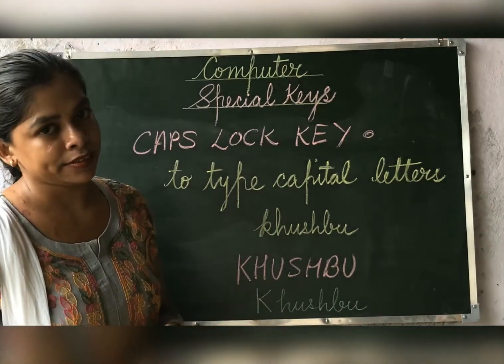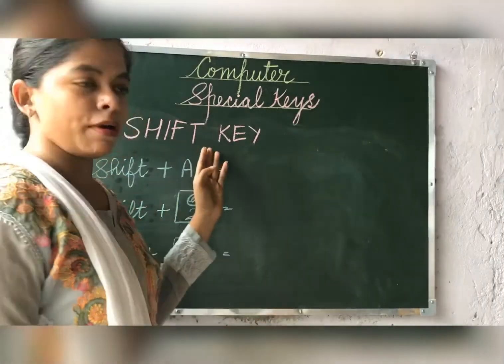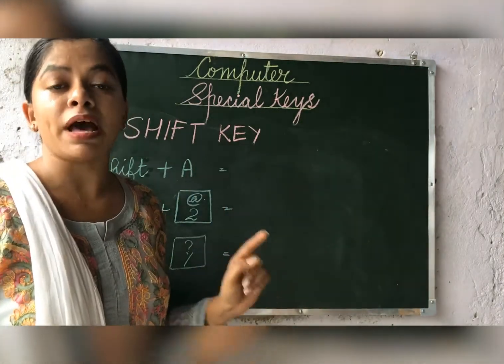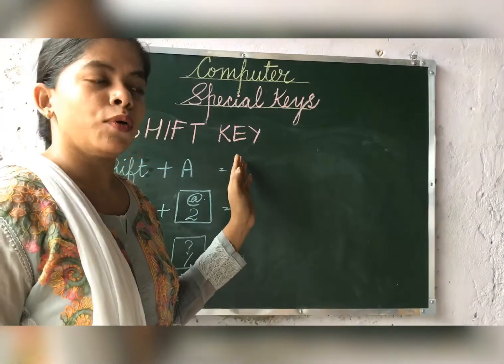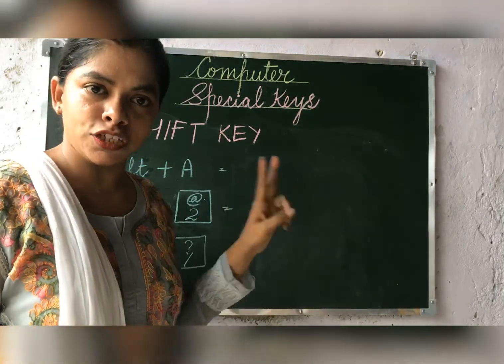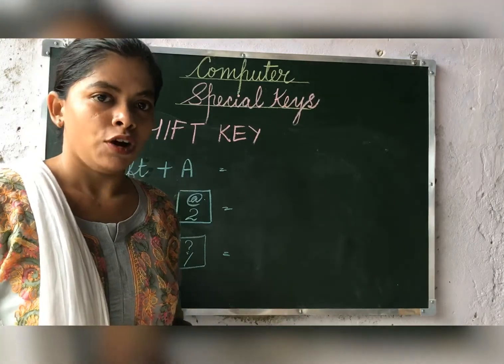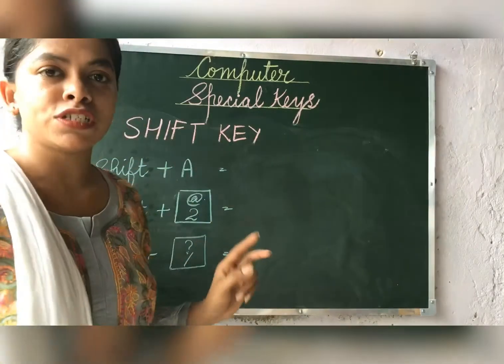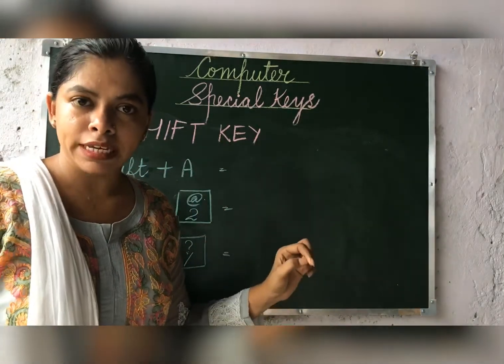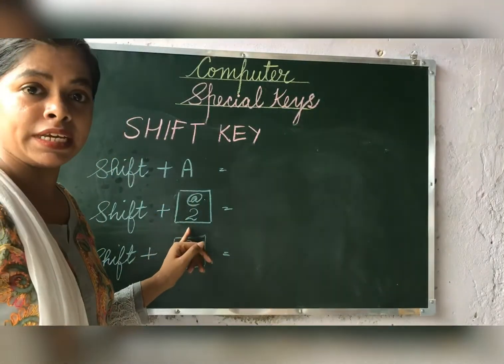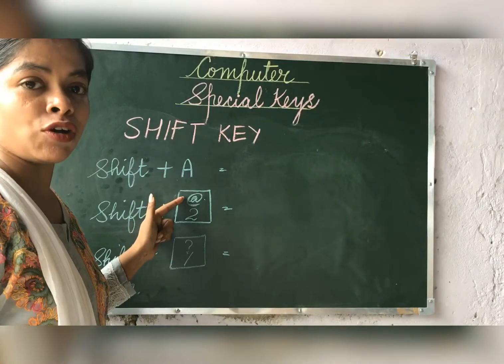To write in capital, turn on, and to write in small letters, you have to turn off the caps lock key. Now children, we will study about shift key. Children, before moving further, keep one thing in your mind, that on the keyboard, shift key is present at 2 places. You will find 2 shift keys on the keyboard. Shift key is used along with the alphabetical keys to type in capital. Shift key is used with number keys to type the symbols that are on the numbers.